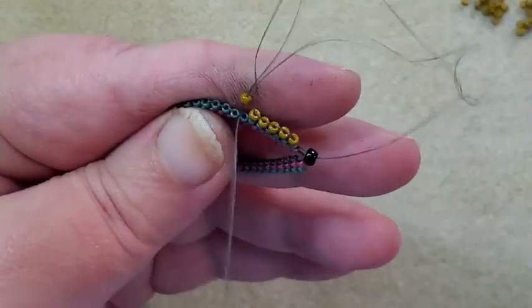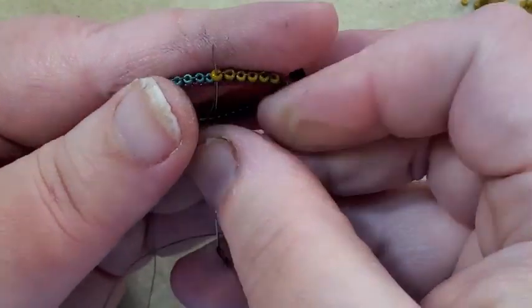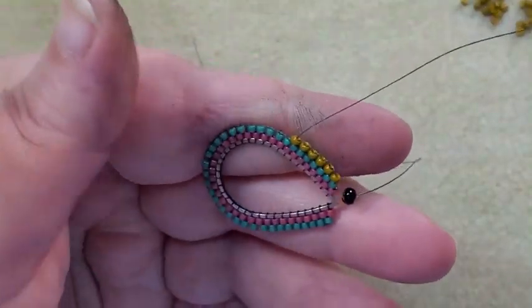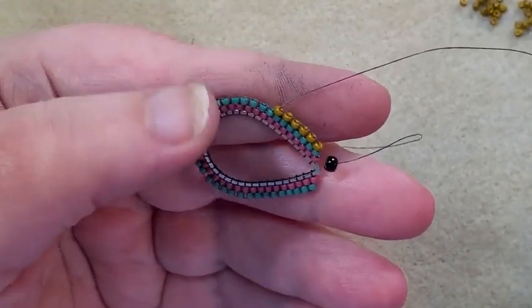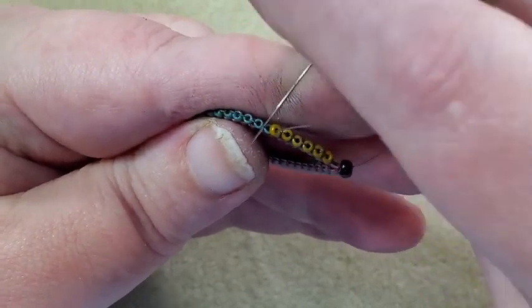I think this is the next thread bridge. It's kind of hard to see when you switch shapes of beads, but pretty sure that's it. Yeah. I'm going to pick up another one, go under the next thread bridge,